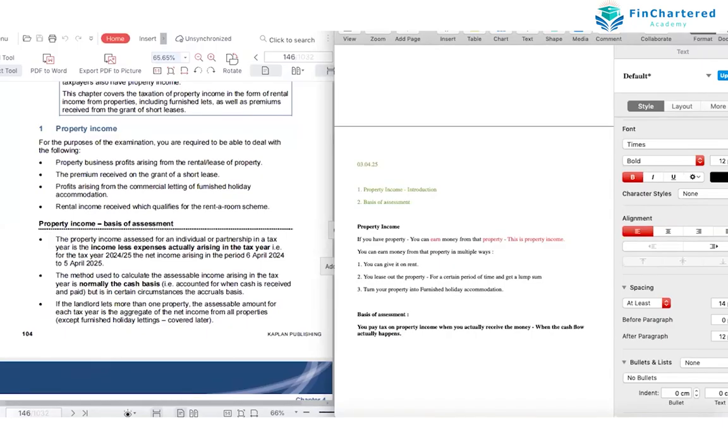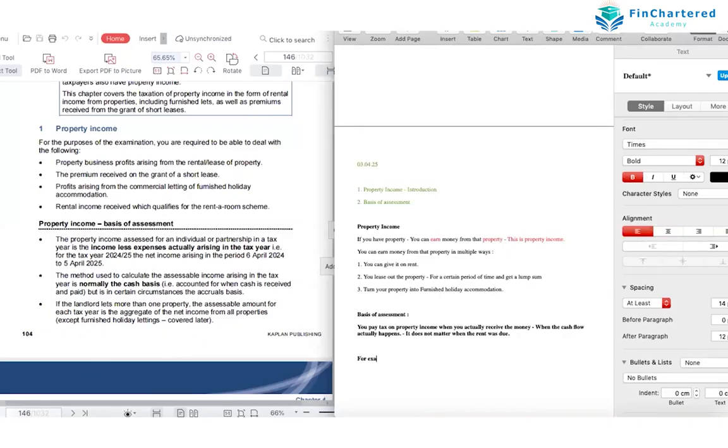But normally, what we need to know is you pay tax on property income when you actually receive the money, when the cash flow actually happens. It does not matter when the rent was due. I can give you an example for this, right? The example is going to be,